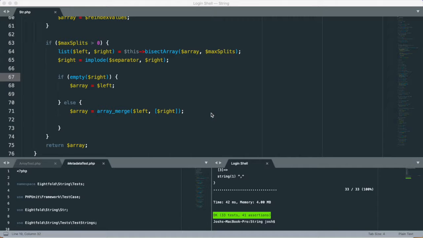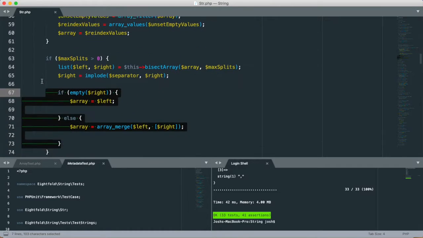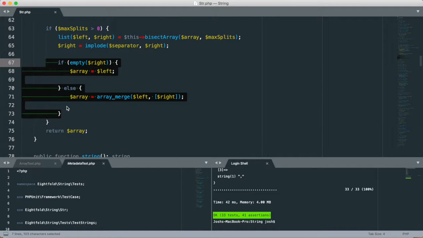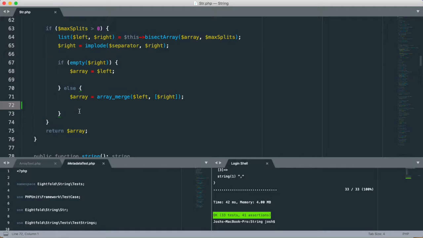All right, hey everybody. So we're gonna keep working on the string class. There's one thing left over from a refactoring of the split method, and that's basically this conditional here. Now,